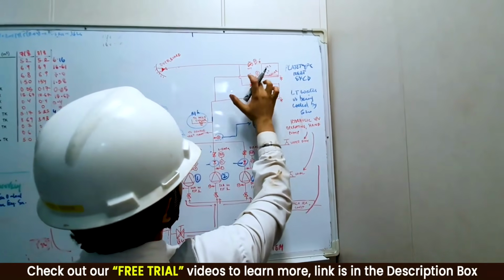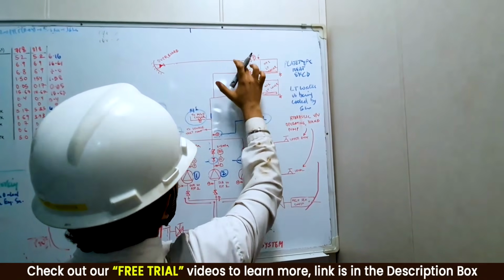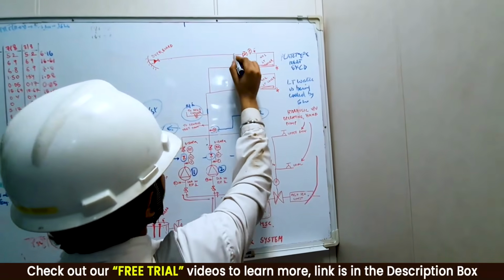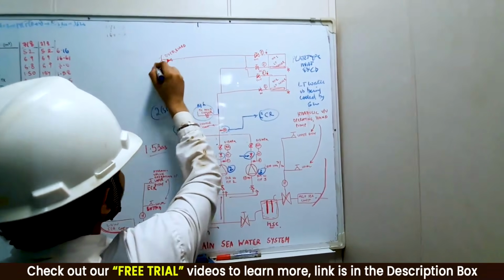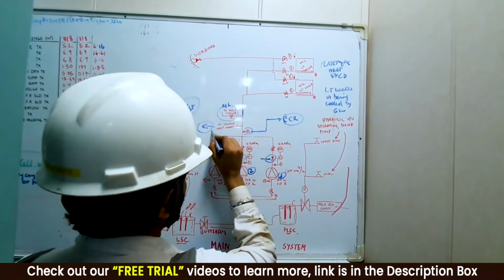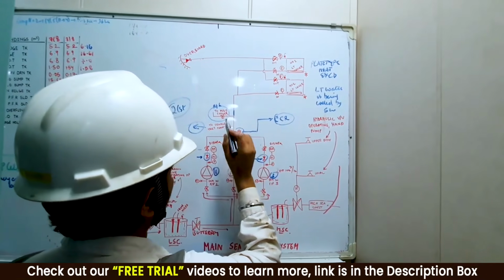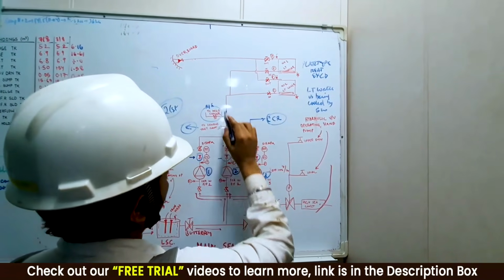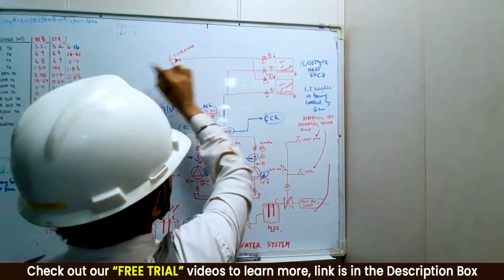Also it goes into the other cooler, it comes out from the other cooler, and both the outlet lines you can see are joined together and then they are going overboard. Can you see? The water is going outside. So the water that is coming from here going to the sewage treatment plant, if the valve is shut, no problems. MGO cooler valve is shut, no problems. Then it goes to the LT cooler and then it goes out.